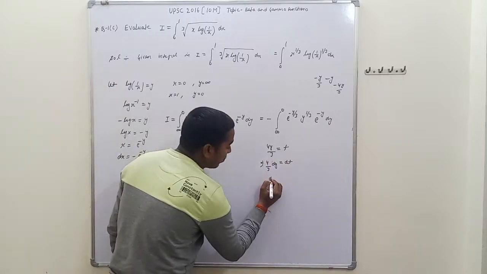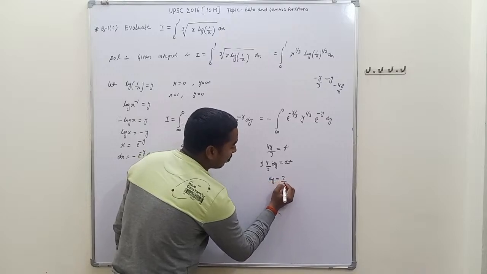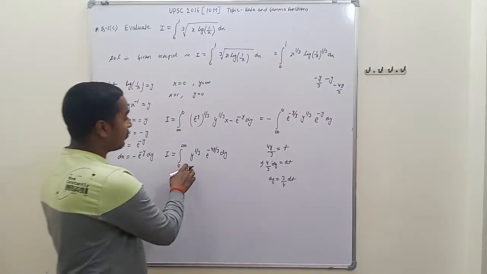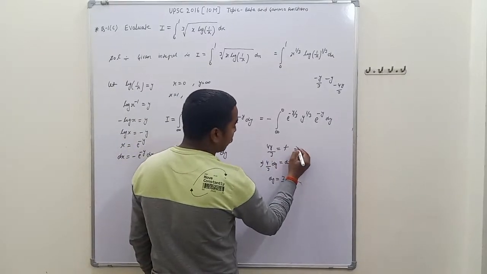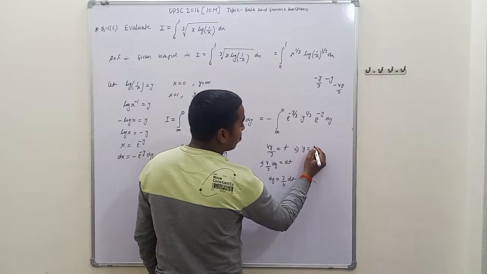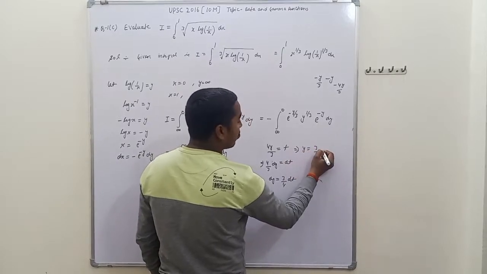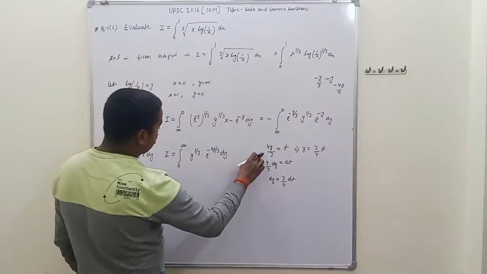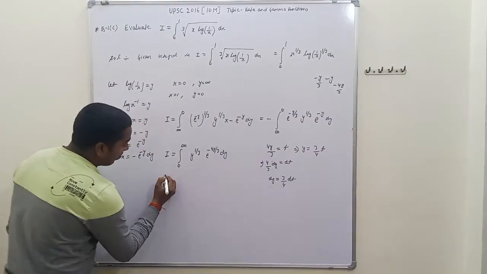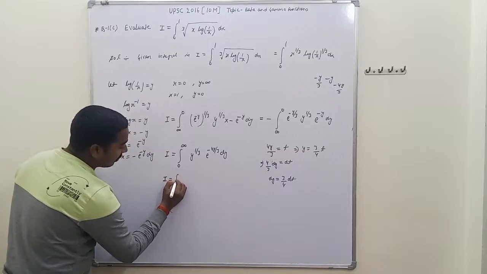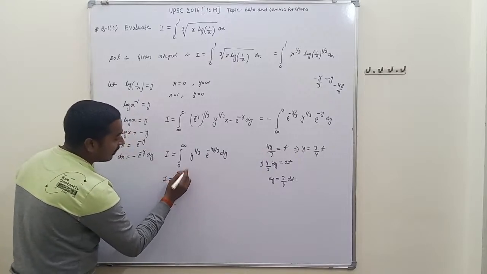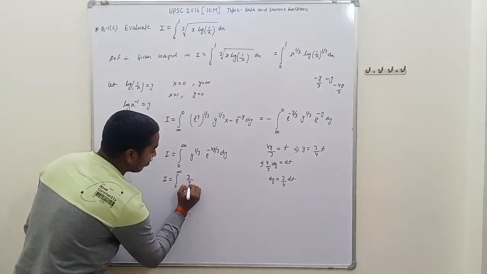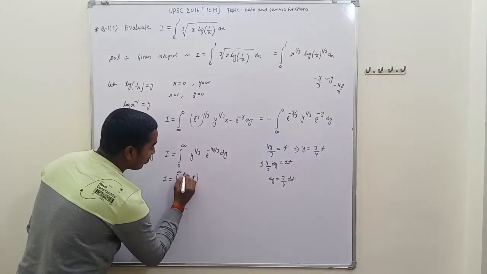This is given by dy is equal to 3 upon 4 dt, and also we have to put the value of y from here. This is given by y is equal to 3 by 4 into t. Here we have to put, and we have to change the limit also, nothing to effect. So we have to write here integral limit is 0 to infinity, and in place of y we have to put (3/4 t)^(1/3),